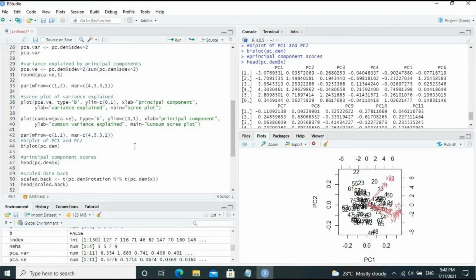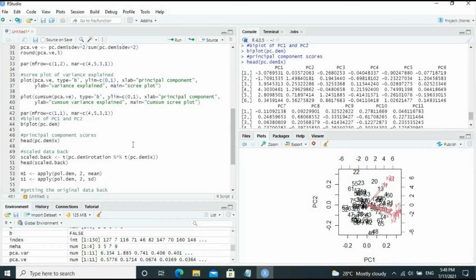Now let us try to do some little manipulation of the results and then try to get the original data back. Now let us run this function, the transpose of PC dem rotation.